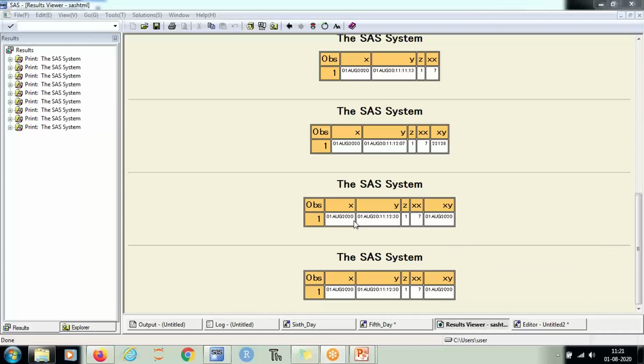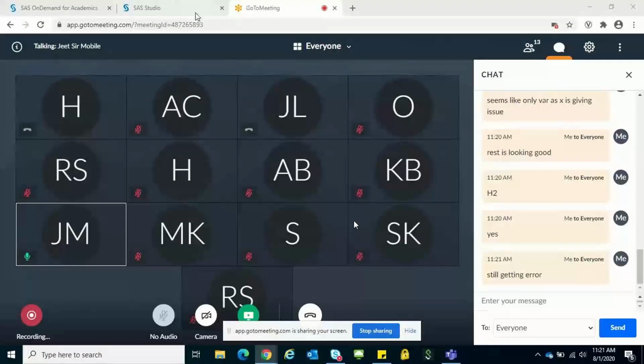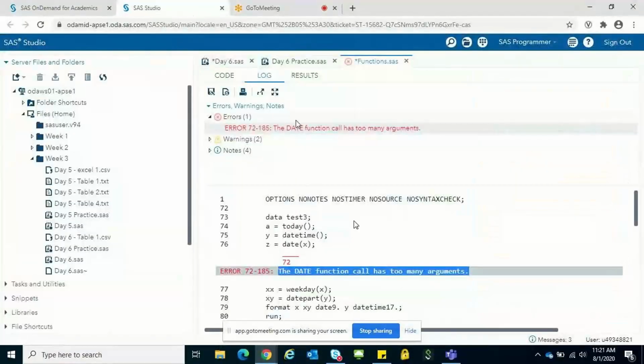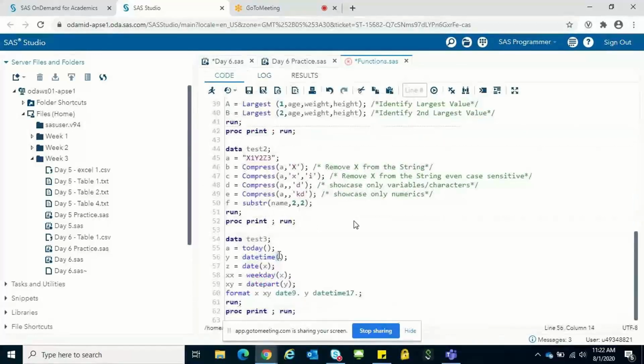So you are present now. Very small screen, let me zoom it.